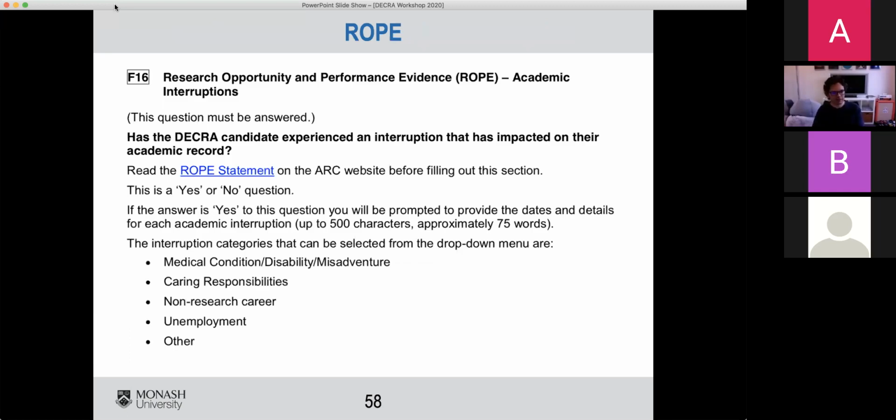So now part F. Part F has a bunch of little sections in it. So you have an opportunity to describe your interruptions. Use it. So this is not the same as the interruption form, which is about eligibility. This is about giving the panel members and the detailed assessors the opportunity to evaluate your track record relative to opportunity. And if you don't explain the opportunity to them, they can't evaluate it.